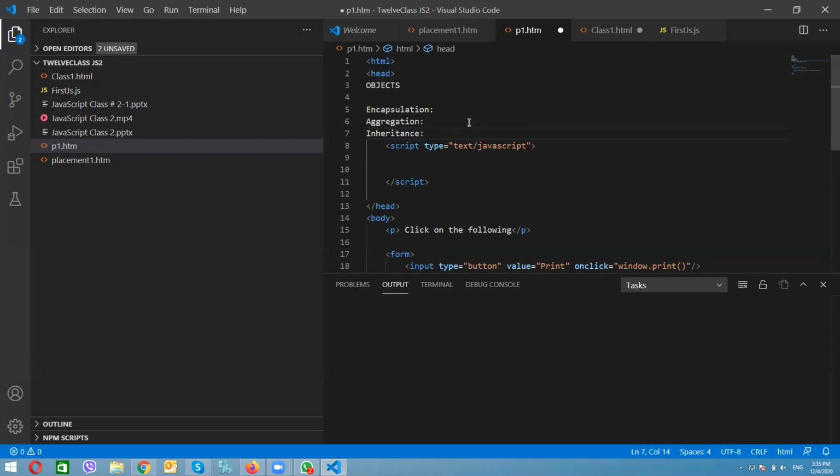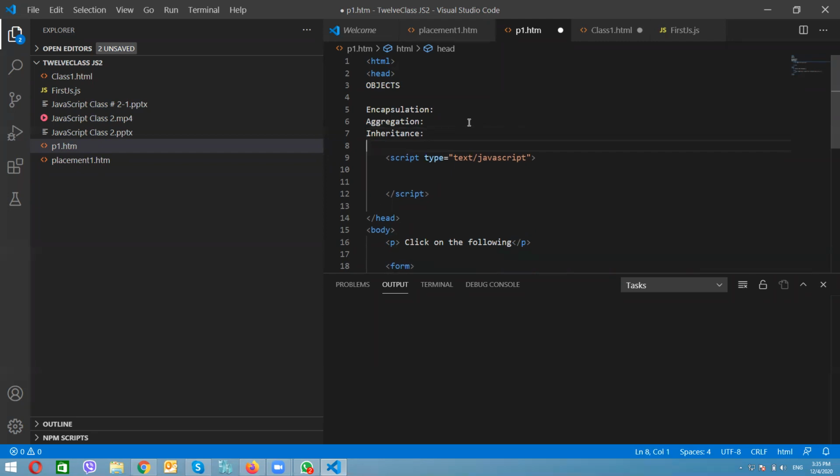The same thing is applicable here. This is the capability of a class to rely upon another class: whatever properties or methods are available on another object or class will be available on this one too. So inheritance is something like that.